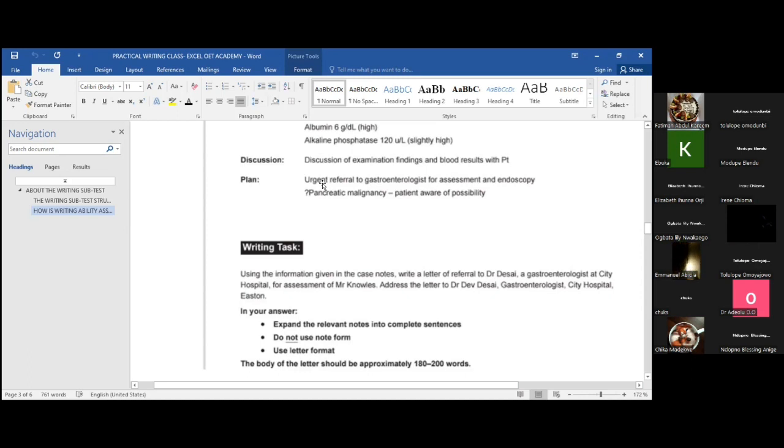So we are not sure. This question mark is very important because if they didn't put the question mark, you will know that they've confirmed that it's pancreatic malignancy. So when you're writing,